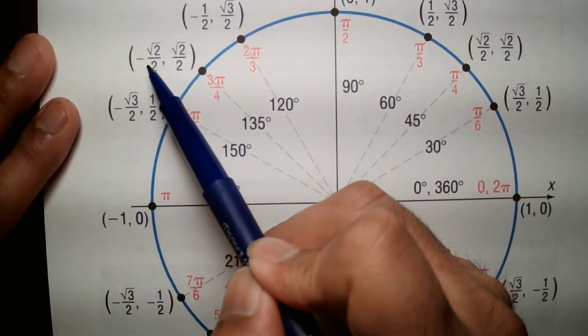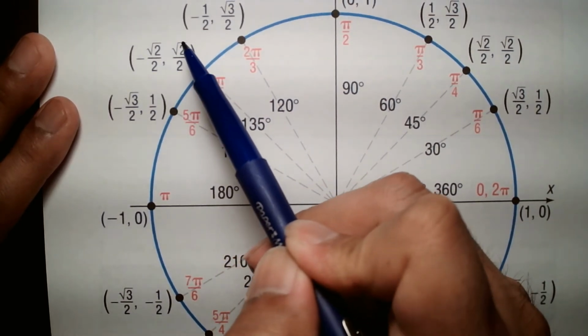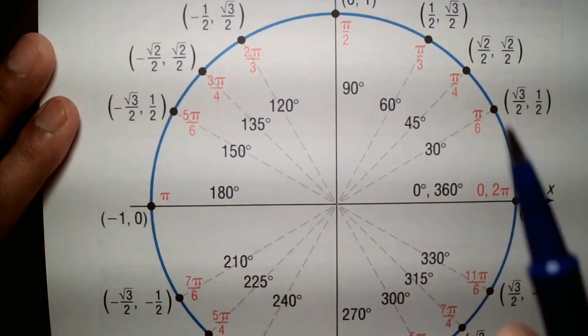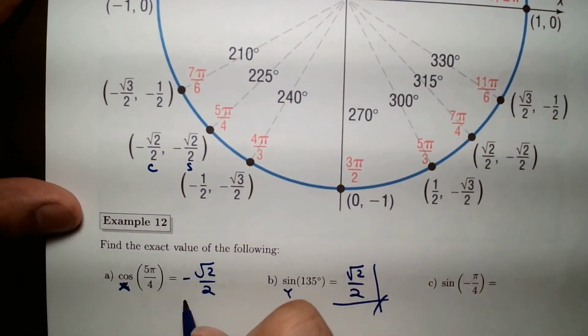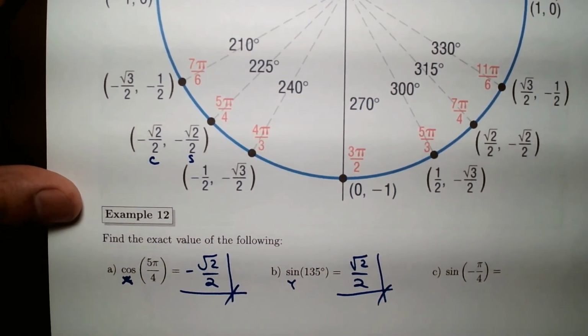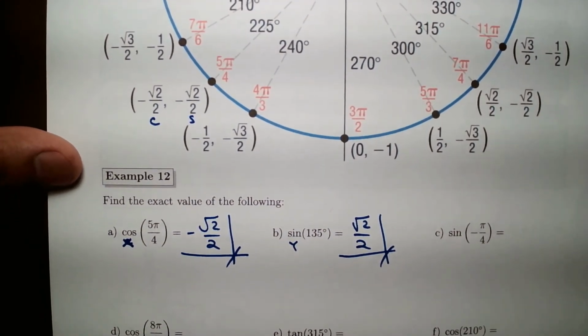That's the point corresponding to 135 degrees. And because we're looking for sine, you're looking for the y value, which is the square root of 2 over 2. That's all we do. No calculation needed. Just identify it from the